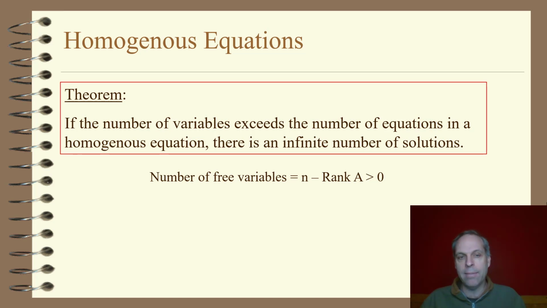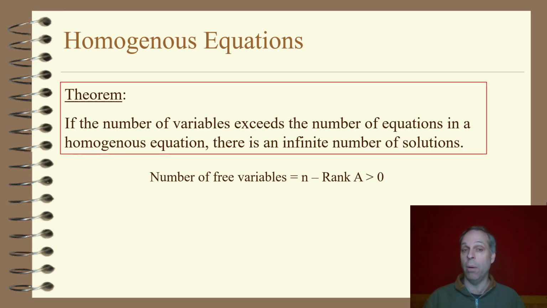As long as the number of variables exceeds the number of equations in a homogeneous linear system, there's automatically an infinite number of answers. The reason is that every homogeneous linear system is consistent, so I can use the rank theorem. The number of free variables is n minus the rank of the coefficient matrix. If you row reduce the coefficient matrix, the number of leading entries is equal to the number of rows,